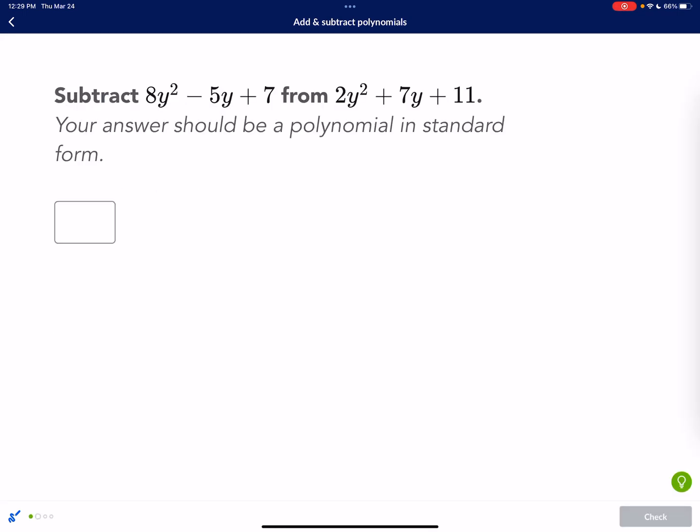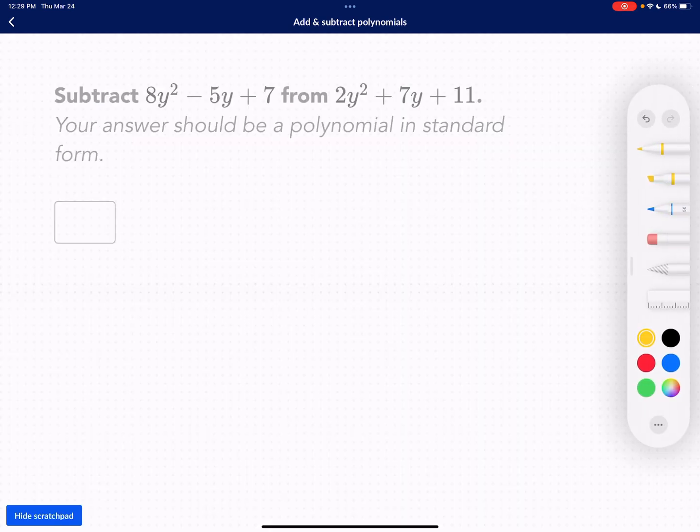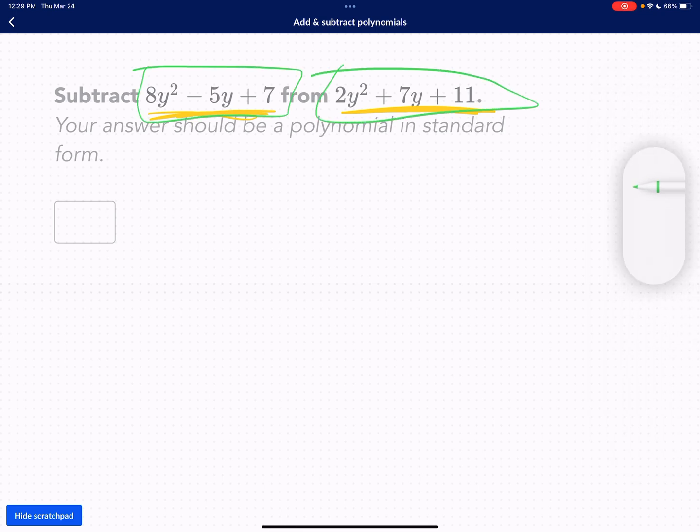Now this one gets students a lot because of the words. They do it in the wrong order and they get it wrong. We're trying to subtract this from this. Now, just remember what your words mean in this case. If you're subtracting this thing from this thing,